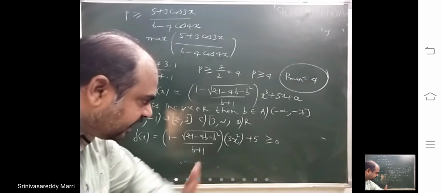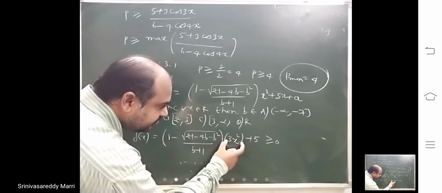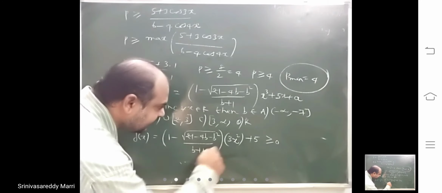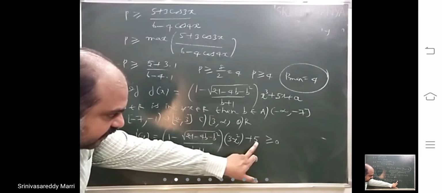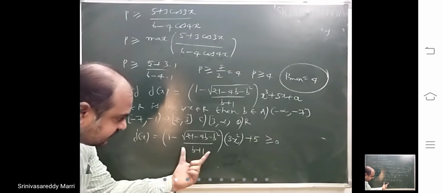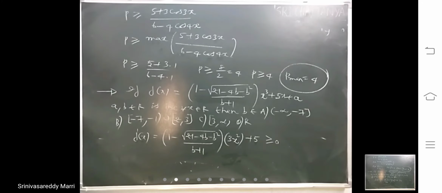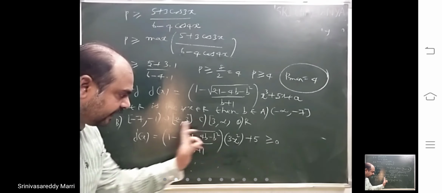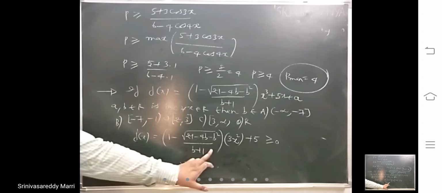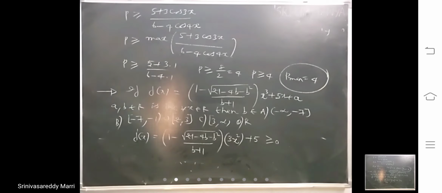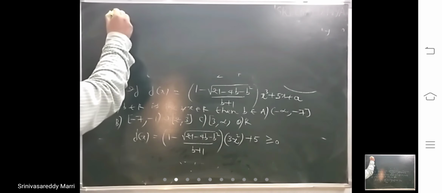Look at here. Identify the logic. So this is positive, this is positive. So if this is greater than or equal to 0, then this will become greater than or equal to 0. That means 3x square is positive. Even if this is 0 also, this completely will become 0. This 5 is positive. That means whatever the constant in the bracket is there, that must be greater than or equal to 0. So use the logic here.